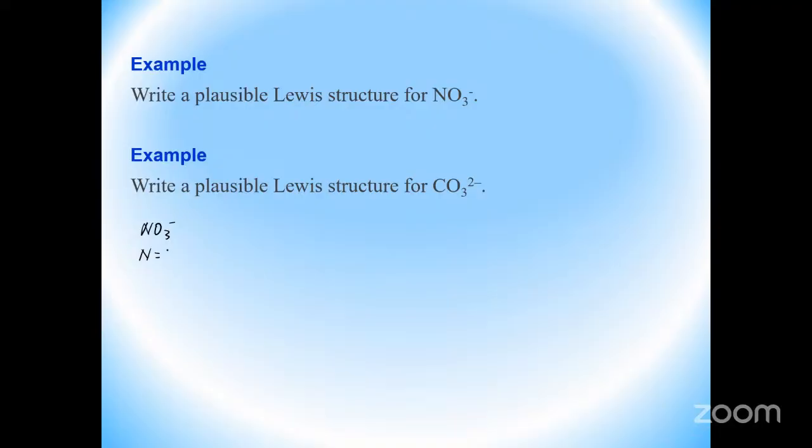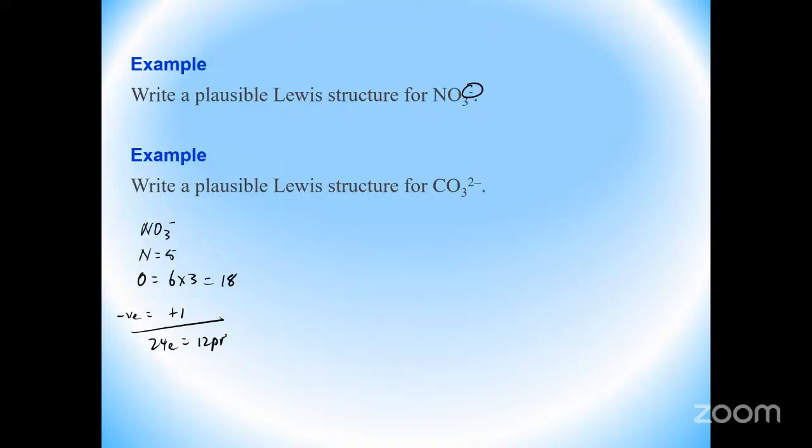Group 5. And oxygen is in group 6. And there are 3 of them, right? Now, that gives you 18. Now, here's the thing. We're dealing with a polyatomic ion here. If you have a polyatomic ion, you need to add electrons if it's negatively charged, or if it's positively charged, you remove electrons, or subtract electrons. In this case, we have a 1 minus charge, so for the negative charge that is present, we have to add an electron to what we have already. So it is 5 plus 18, that's 23, plus 1, 24 electrons, which will be equal to